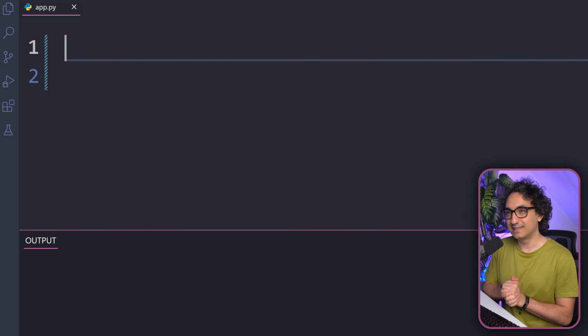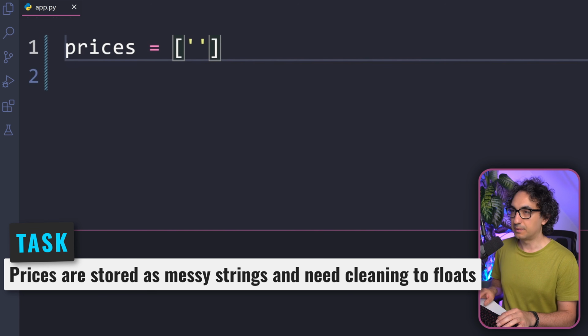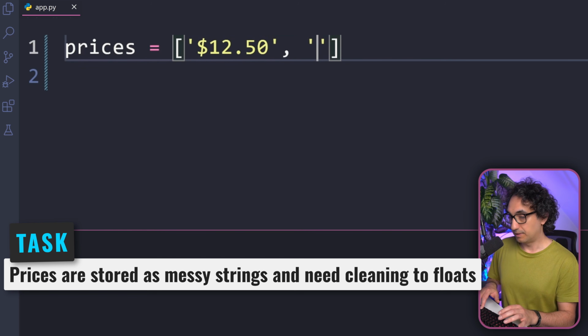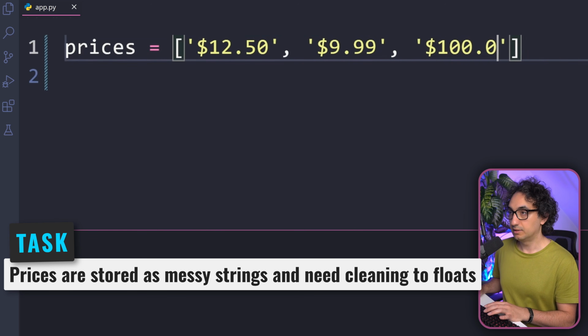Okay, so now let's practice. I'm going to show you an example that I had in my project. I had a list of prices, but the issue is that the prices were string values, and each price has a $ sign at the start. So we have $12.50, maybe another price with the $ sign, $9.99, and the last one, also with a $ sign, $100.0.